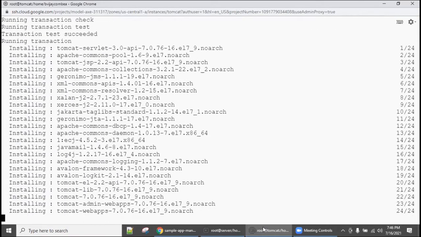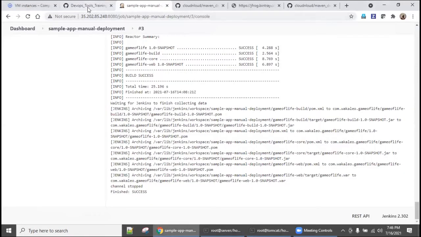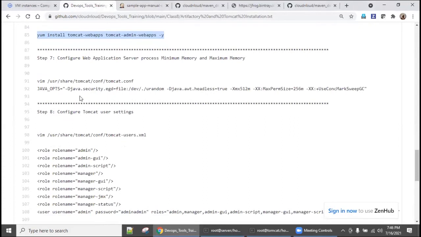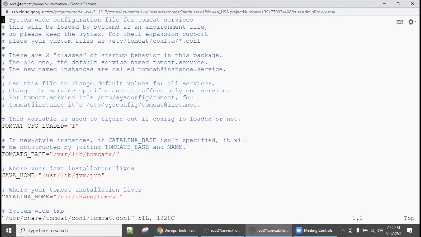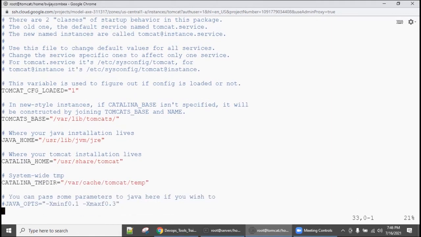Once it's installed, okay, now we are going to the next step. What is the next step? Configure the web application process, the same. In there also, we checked the Artifactory minimum and maximum. But here also, Tomcat related, you are defining it. Otherwise, the machine will not have any control. So you need to do it for each and every product process. You need to make sure everything is fine. So here there is no Java heap size.